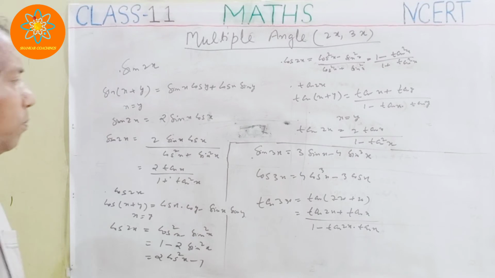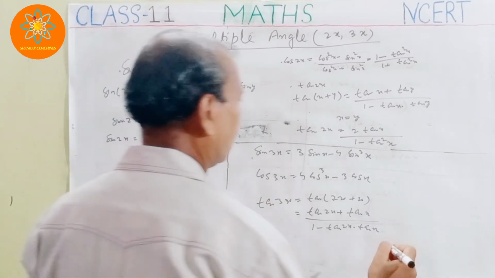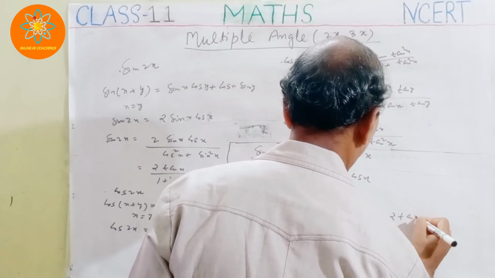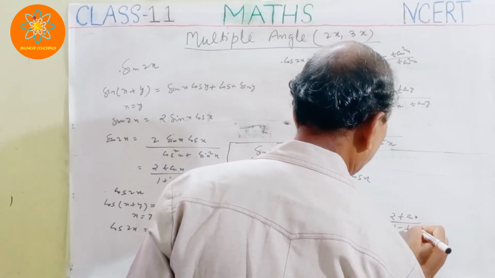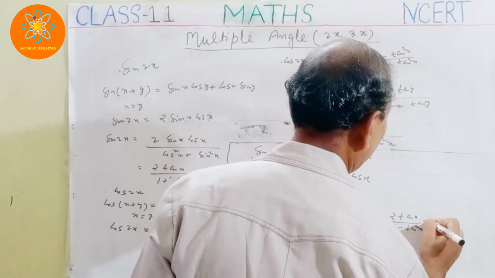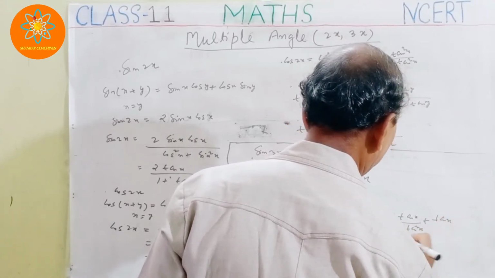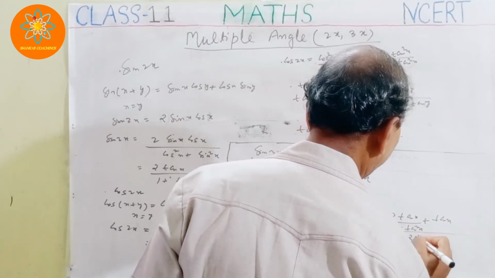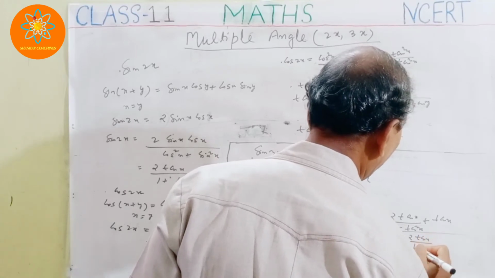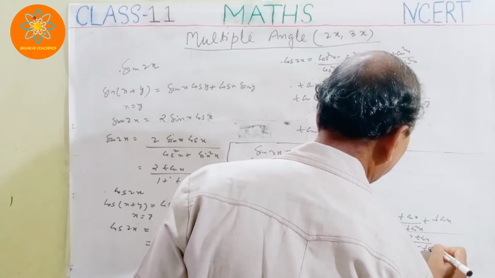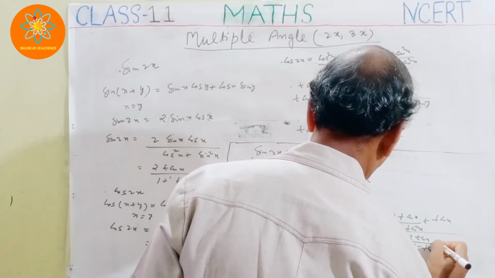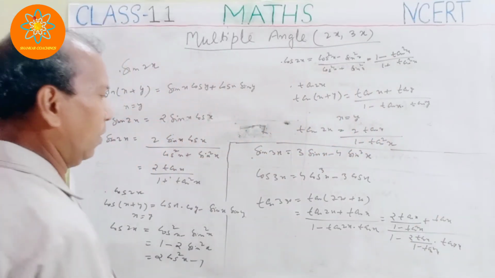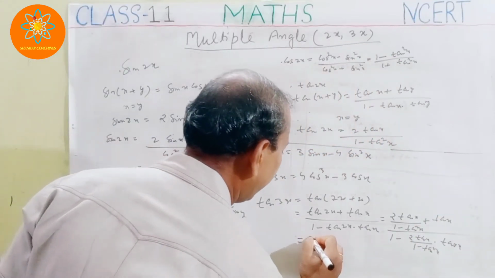So I can put the value of tan 2x, which is 2 tan x divided by 1 minus tan square x, plus tan x, and this whole divided by 1 minus 2 tan x divided by 1 minus tan square x into tan x. Now if you solve this one, you will get